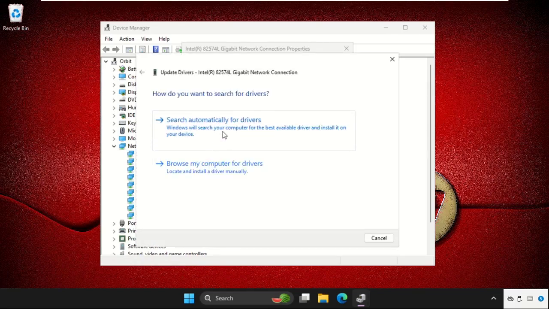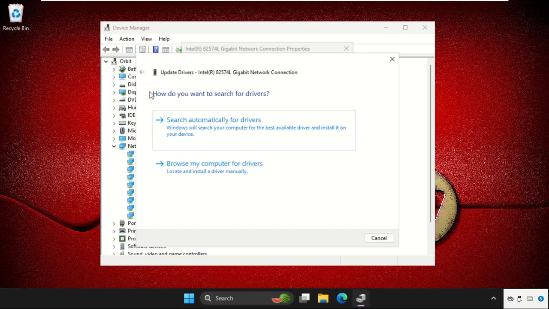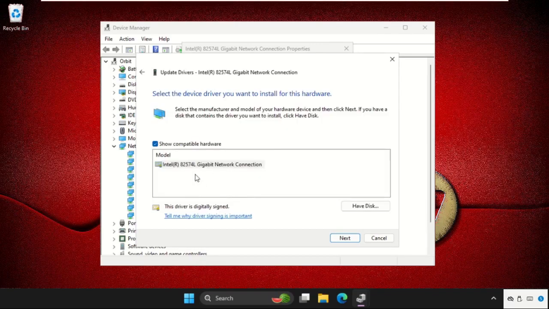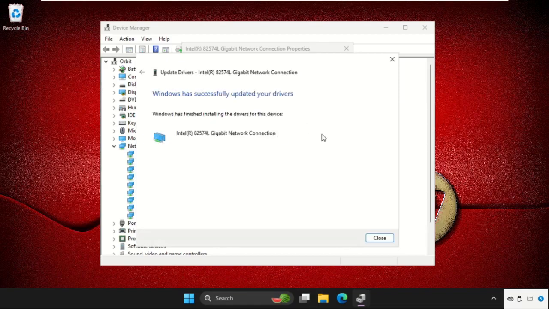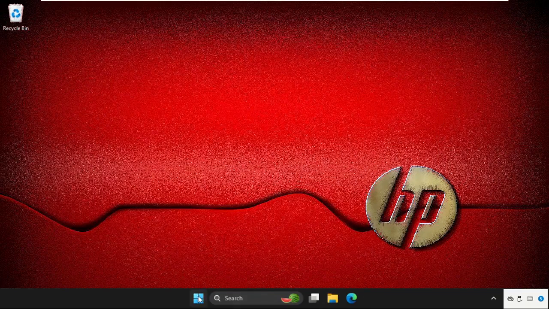You can select first option. If this option does not work, then just go back and select second option. This will work definitely. Then click on let me pick from the computer, then select the model and click on next. Once done, just close this window and go to settings,